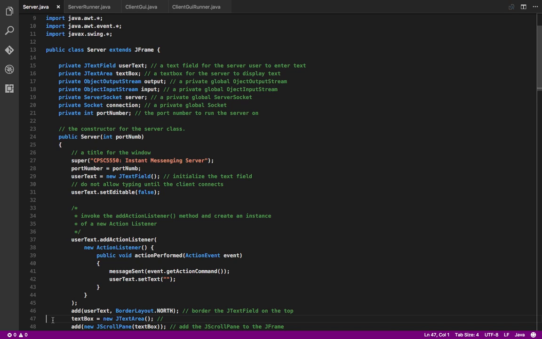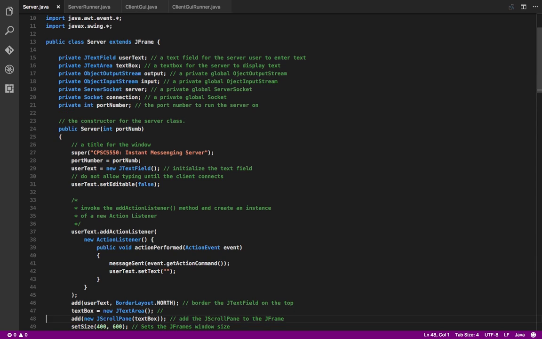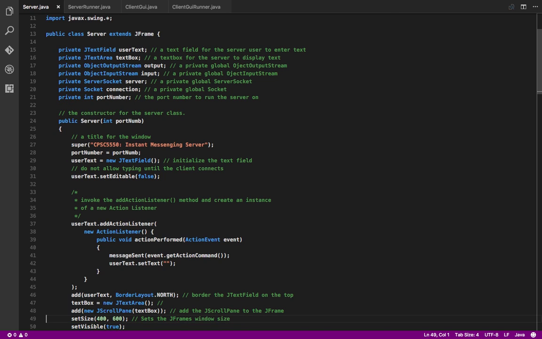The action listener is going to let the user type into a JTextField. When that event is happening and the enter button is hit, the message sent method, which is created, I'm going to show you the message sent method very shortly, is going to place the event of what's being typed into its parameters. Okay. Now, right here,